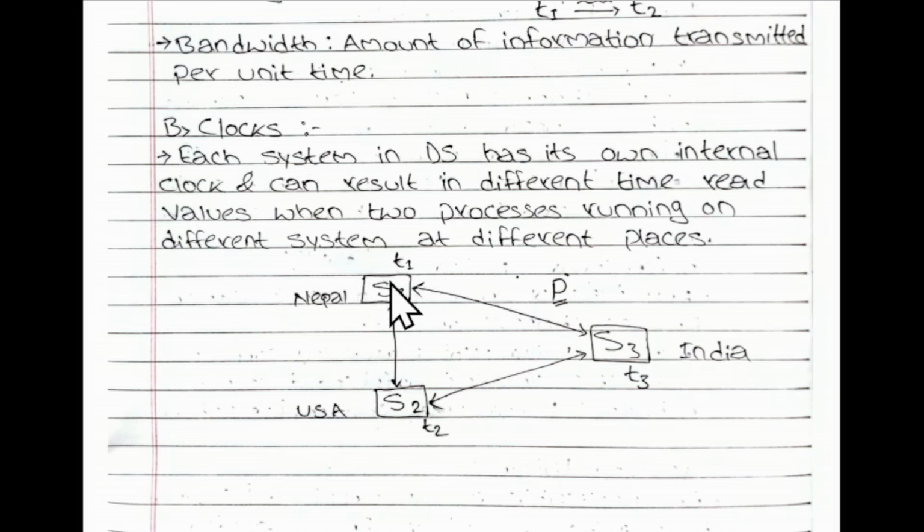S1 can have a different time, similarly T2 has a different time and T3 has a different time. We have to send one process. When we send the process between 3 different systems placed in different places, they can receive the process at different